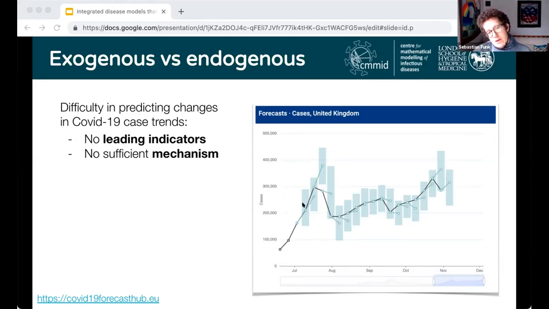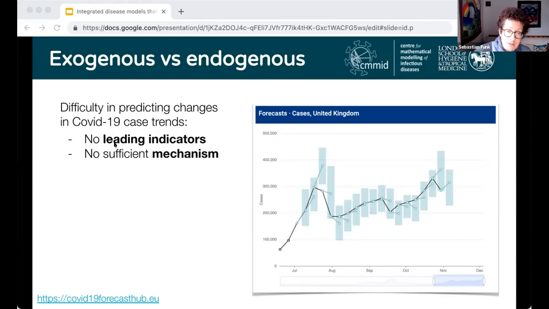And what you can see is that whenever there's a change in trend, the models are all right at continuing an existing trend, but whenever there's a change in trend, the models tend to fail to see it. And this is because to this date, in now coming up to 2 years, and we see similar things elsewhere in other countries and in other settings where similar efforts exist, forecasting trends in cases of COVID-19 is really difficult.